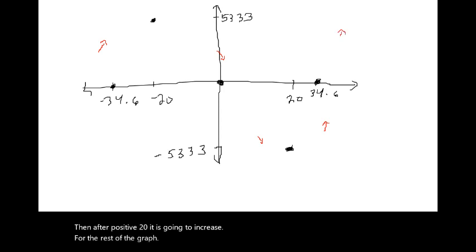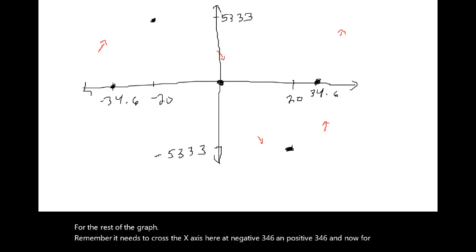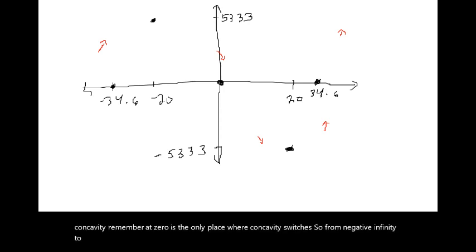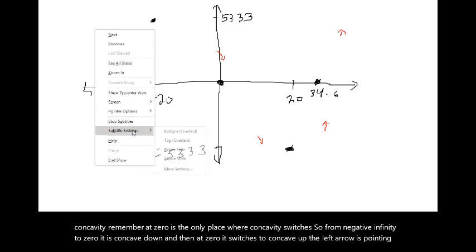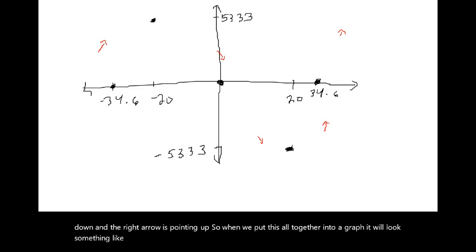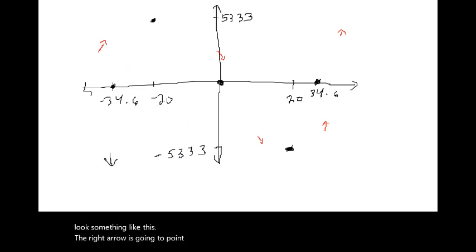Remember, it needs to cross the x-axis here at negative 34.6 and positive 34.6. And now for concavity, remember, at 0 is the only place where concavity switches. So from negative infinity to 0, it is concave down, and then at 0, it switches to concave up. The left arrow is pointing down, and the right arrow is pointing up. So when we put this all together into a graph, it will look something like this. The right arrow is going to point down. Sorry, the left arrow is going to point down, and it is going to be increasing and concave down, making